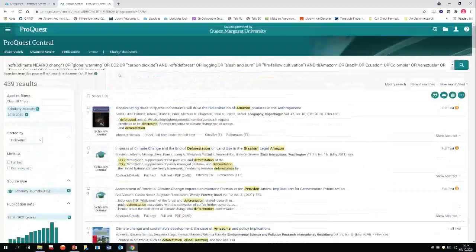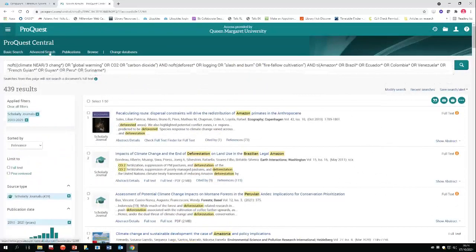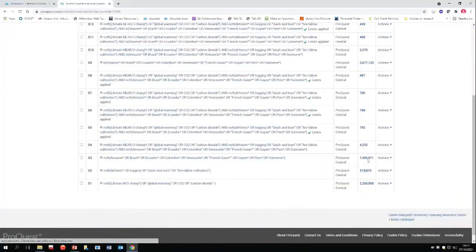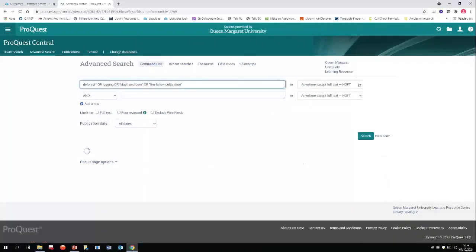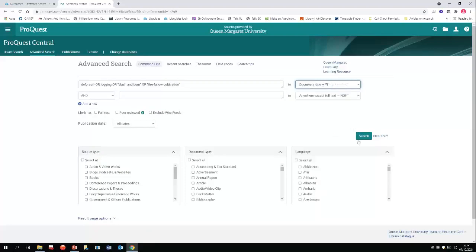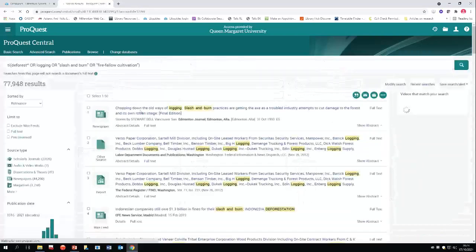If I were to do this for the other search terms, which I can do, by modifying the search and choosing the title as the search field this time,